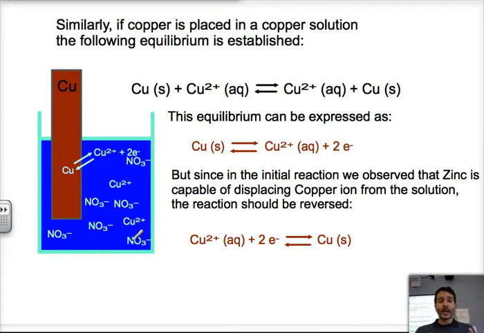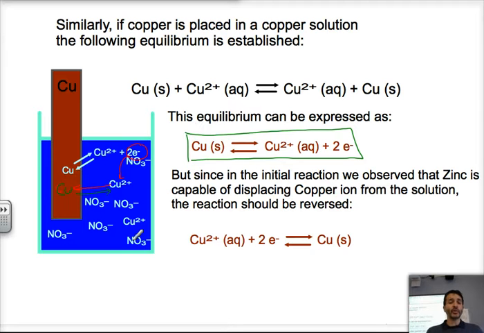All right? We can do the same process that we did for the zinc for the copper. In the case of the copper, again, the copper metal would establish an equilibrium with the copper ion, by the copper metal releasing 2 electrons into the solution, becoming copper ion. But those 2 electrons, again, can be taken up by some copper ion to become some more copper metal, and vice versa. It can release the 2 electrons out and establish that equilibrium. Now, that equilibrium could be written in this form,